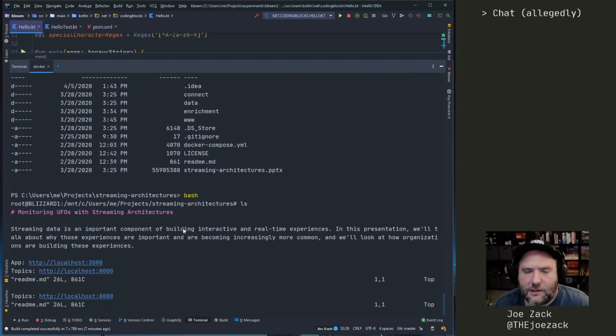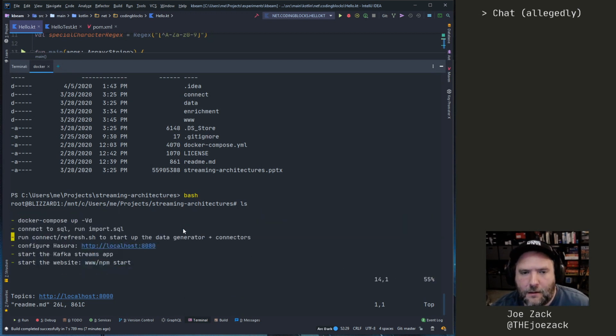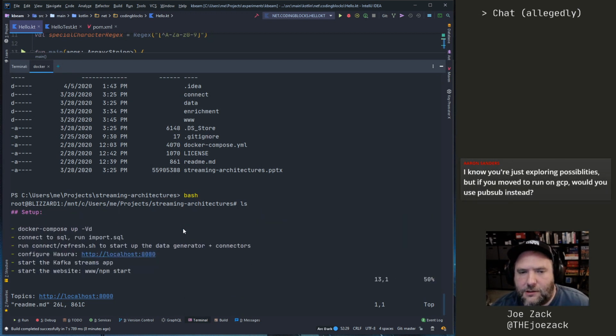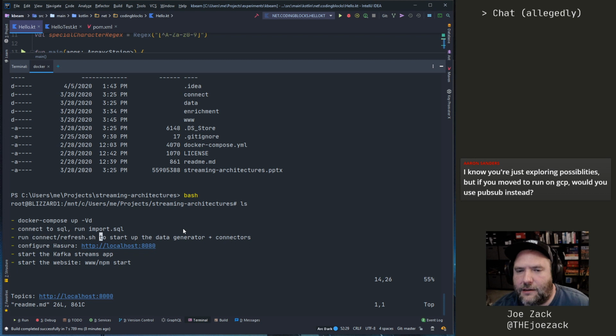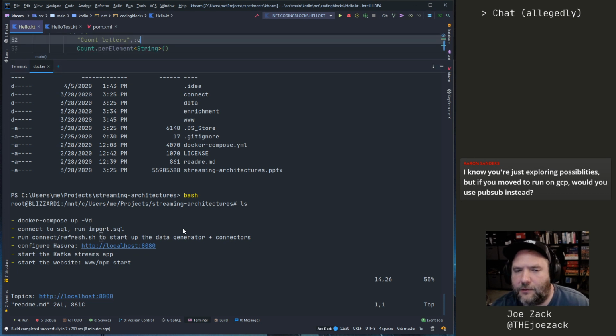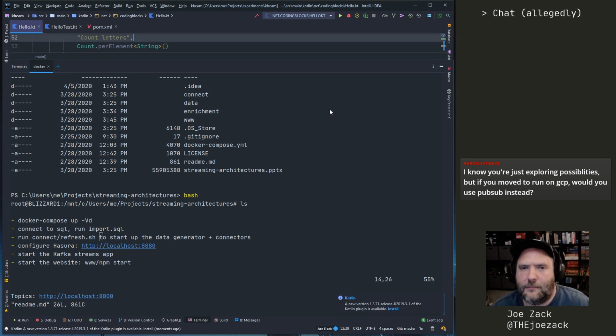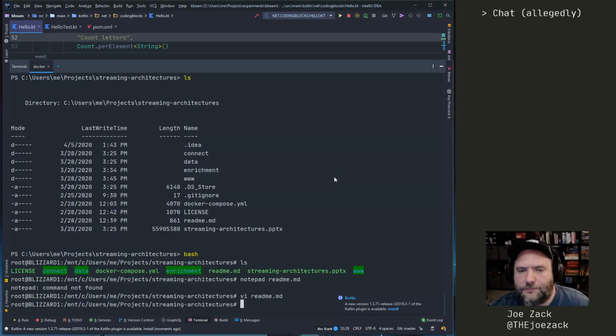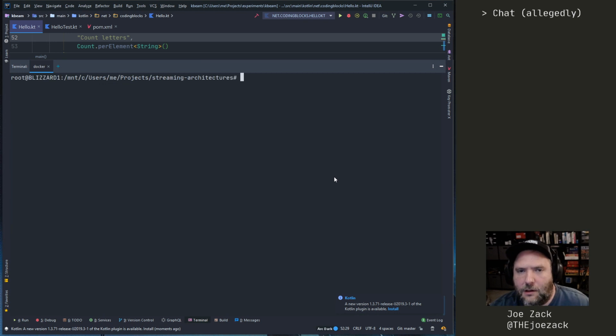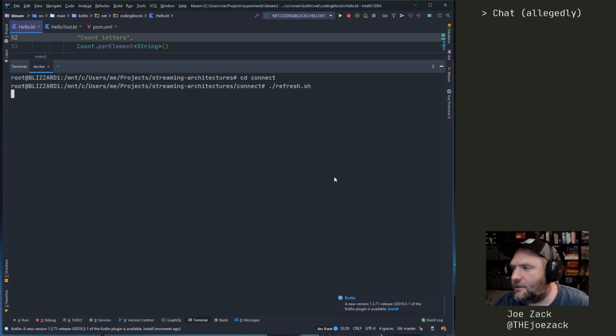All right, so if we look at this file, here's my instructions. I don't care so much about running this part of it. connect/refresh.sh. Okay. All right, so over here, clear this. cd into connect, and then we'll run refresh.sh. And what this is going to do,